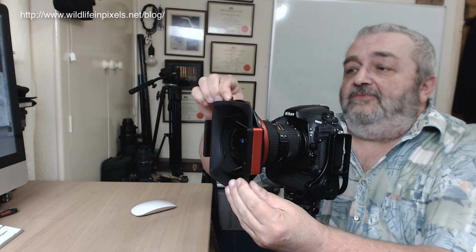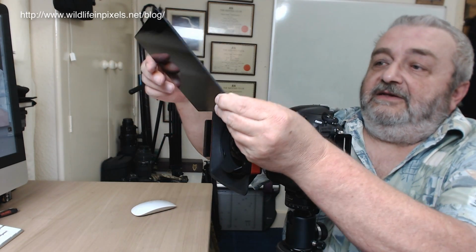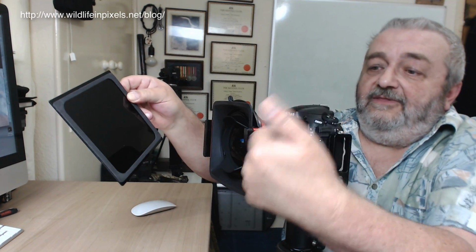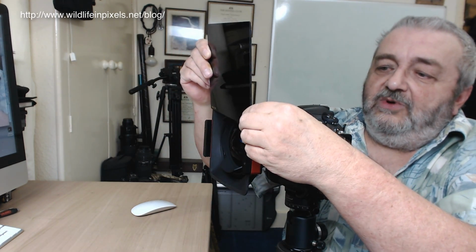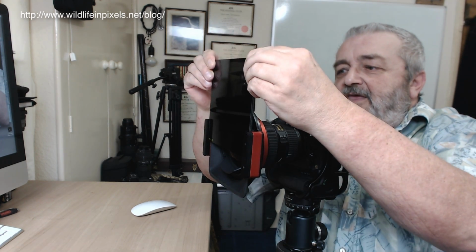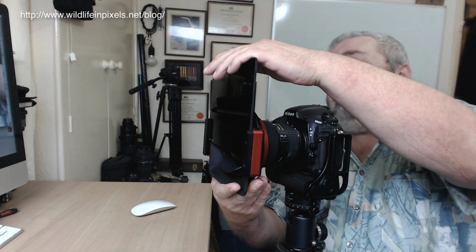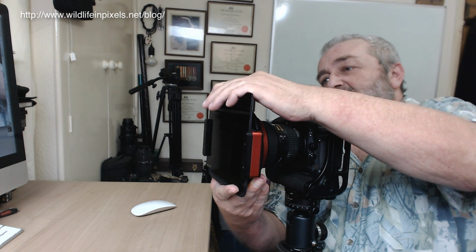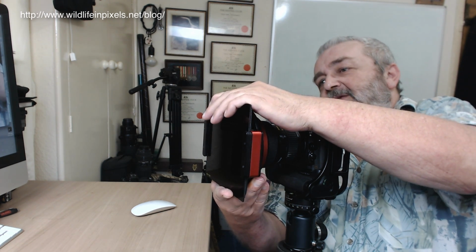Okay, so here we go. Got the lens on the camera, and we just put the filter holder on like that, tighten up the locking screw, and then we can take one of our filters. We need to put the foam edge this way towards the filter holder, and we go for the slot right at the back and just gently push it down and engage it in the filter slot. We push it all the way down until the foam,